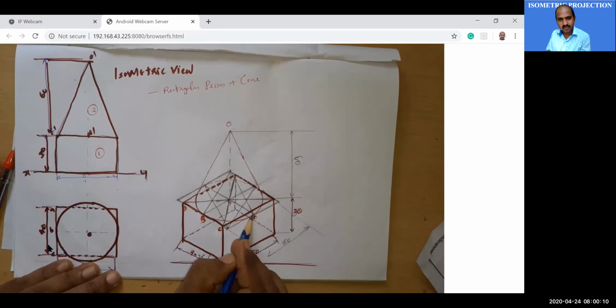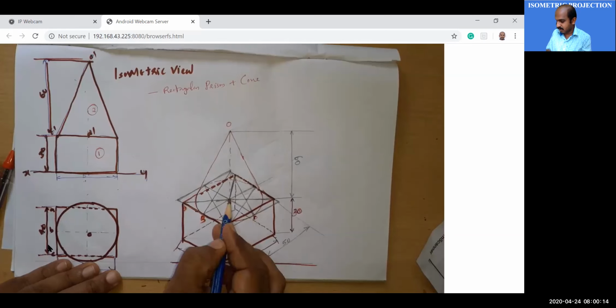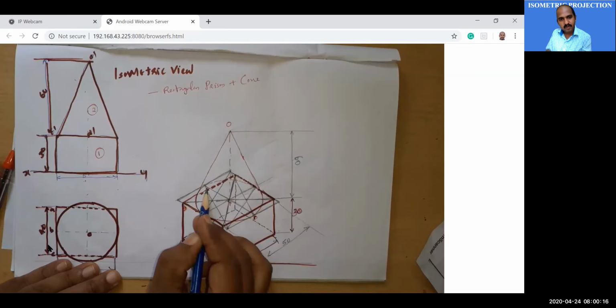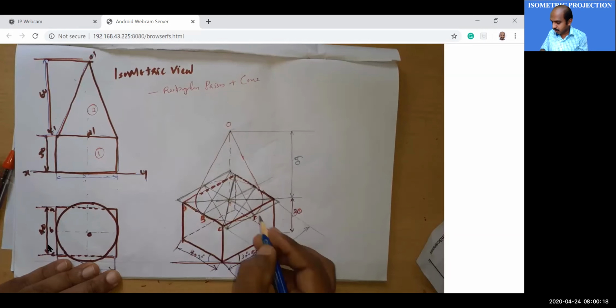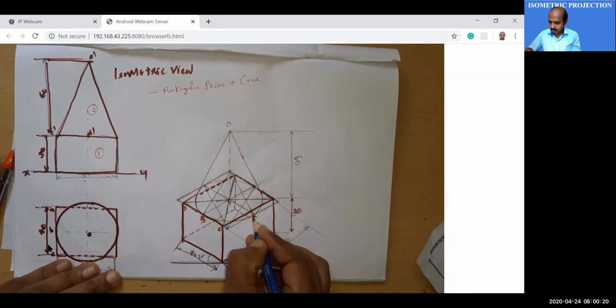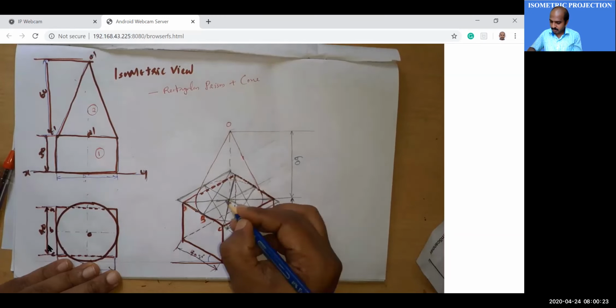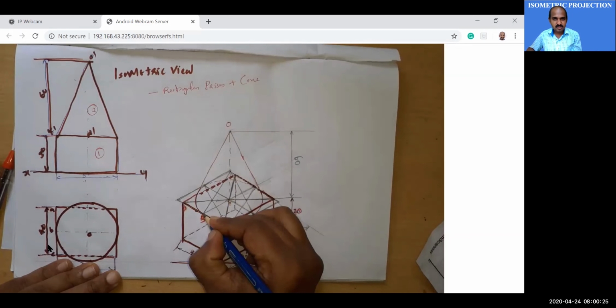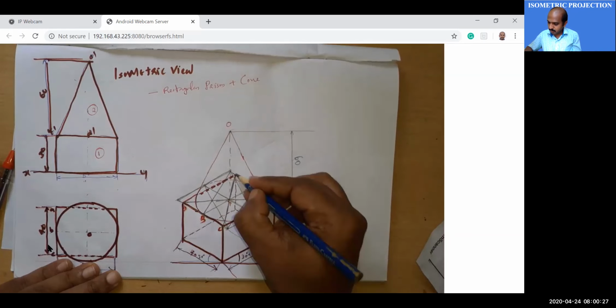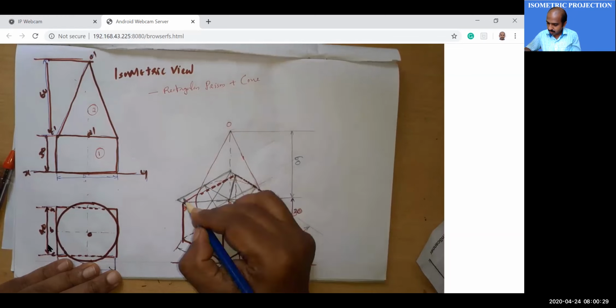The total is 50. From the center it is 25, and from the center upward it is 25. So you get two points. From here to the right side it is 25, and to the left downward direction it is 25. Through those points you can complete your square.